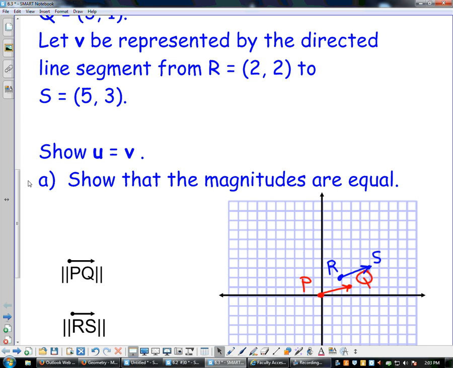It's a directed line segment, so we have to state that we're heading from P to point Q, and we do that with a little arrow from P to Q. We're trying to show that these two vectors have the same magnitude, so that means they have the same length. As I'm sliding this one over, I think you can see that that's going to work, but let's actually get the numbers. So using the distance formula,